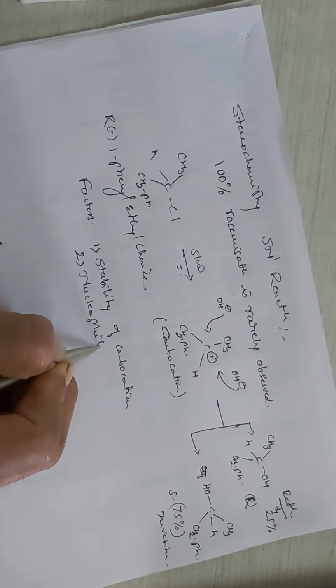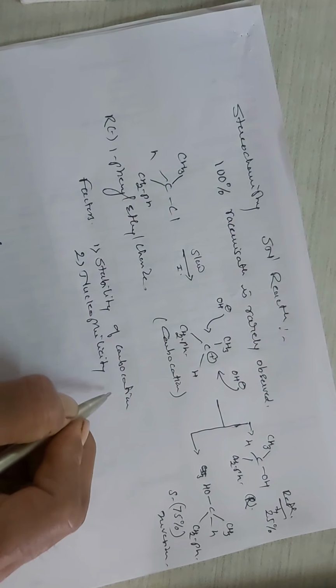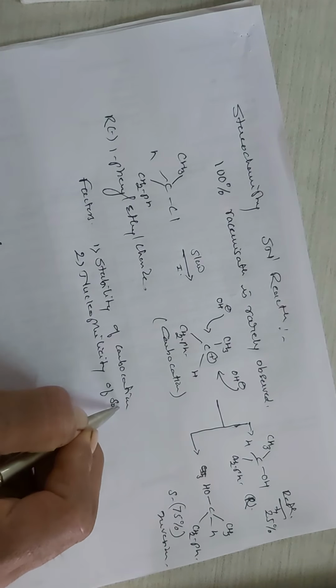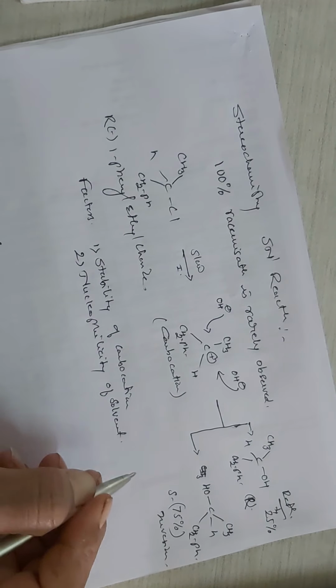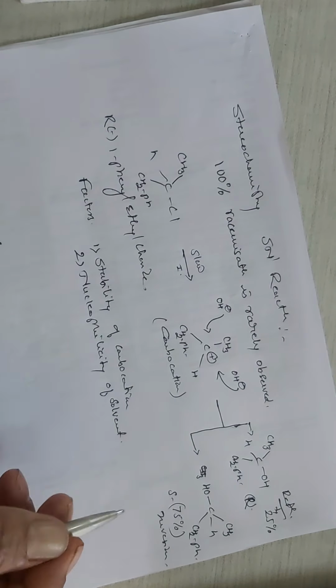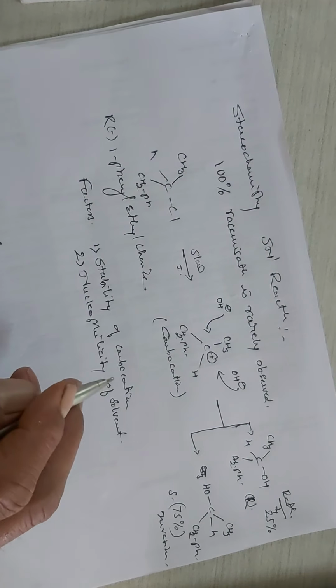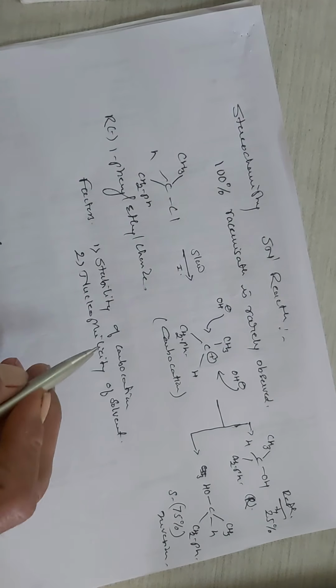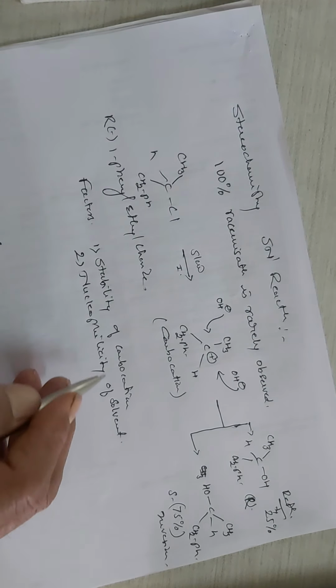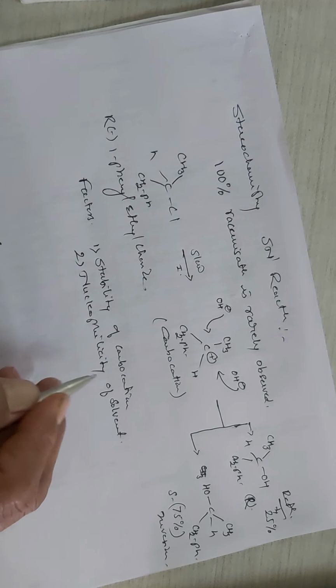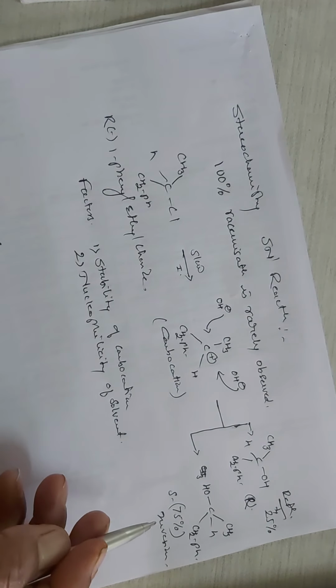Nucleophilicity of the solvent means the solvent also plays an important role in this reaction, as it has played an important role in breaking the C-Br bond or the C-leaving group bond. And again, here it is going to play an important role in deciding whether you are going to get retention.